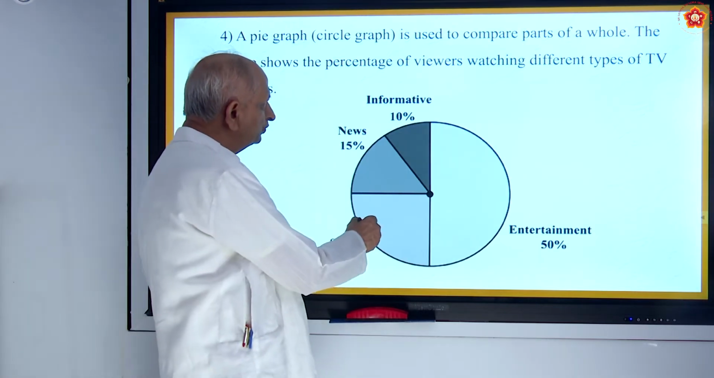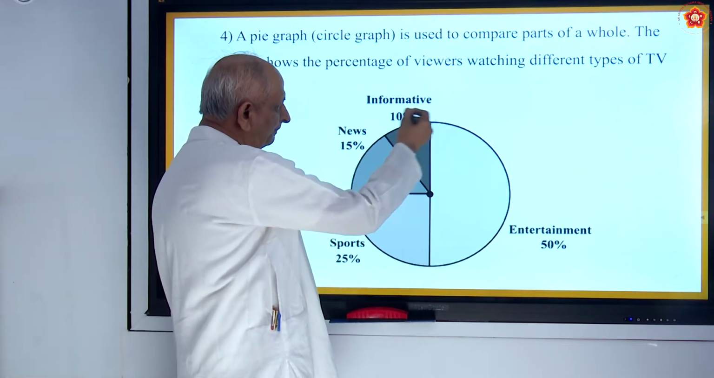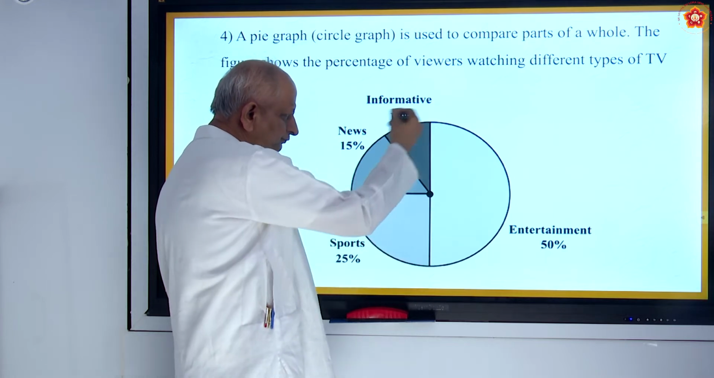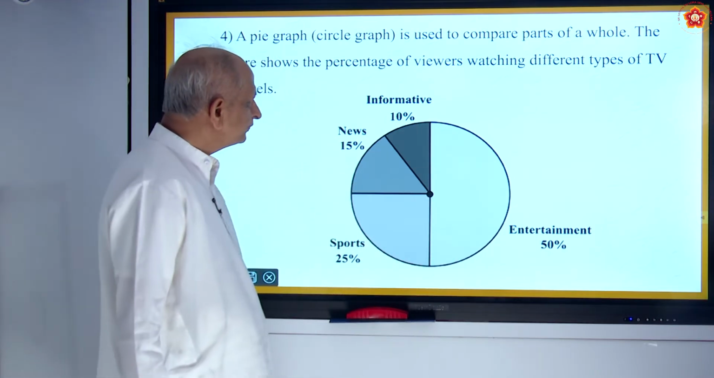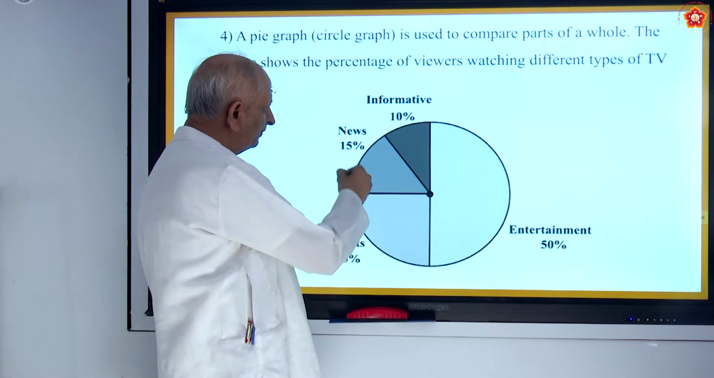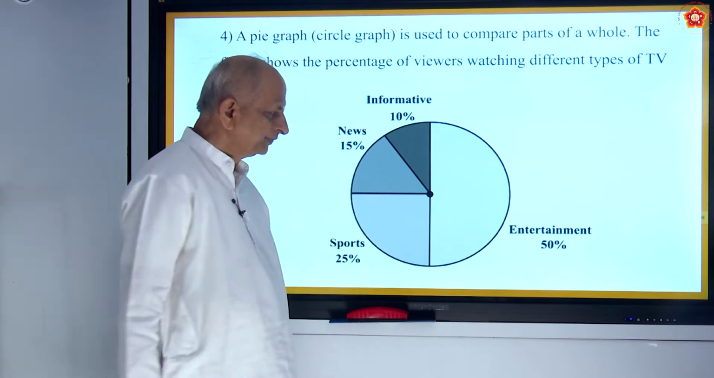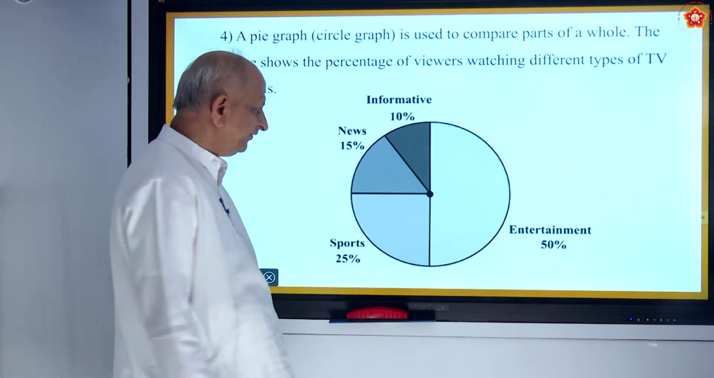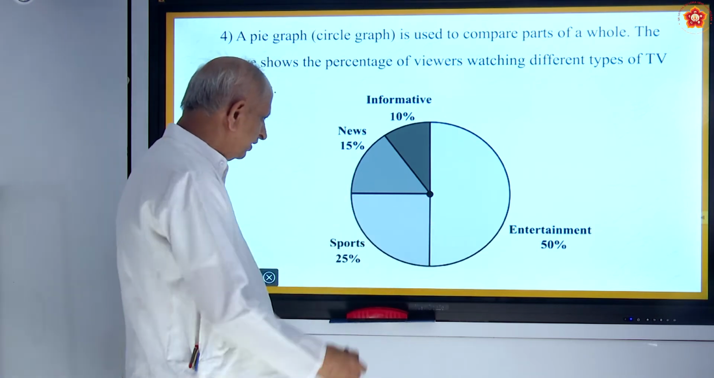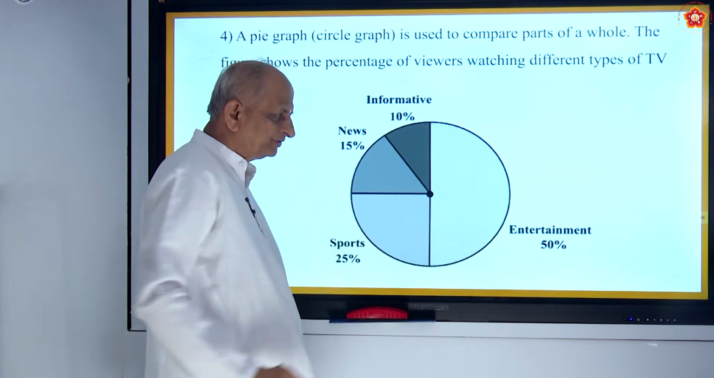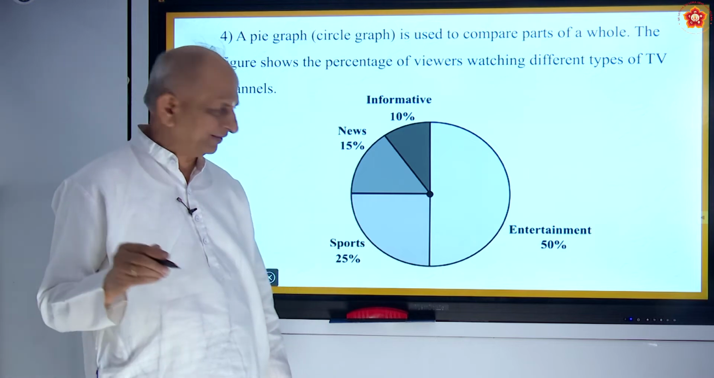So what does it show? It is used to compare the parts of a whole. This whole circle represents, say for example, it is about TV shows. In TV, about 50% enjoy entertainment, about 25% like sports, like cricket matches, football matches and so on, and